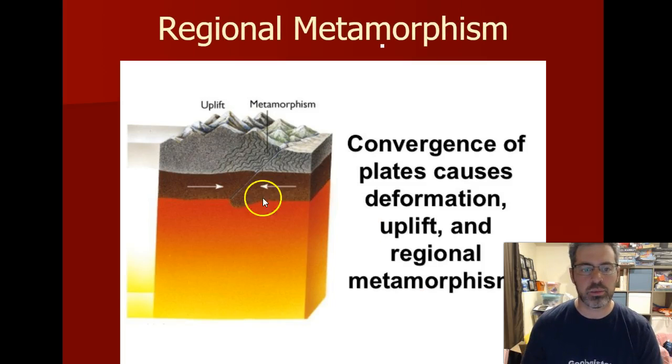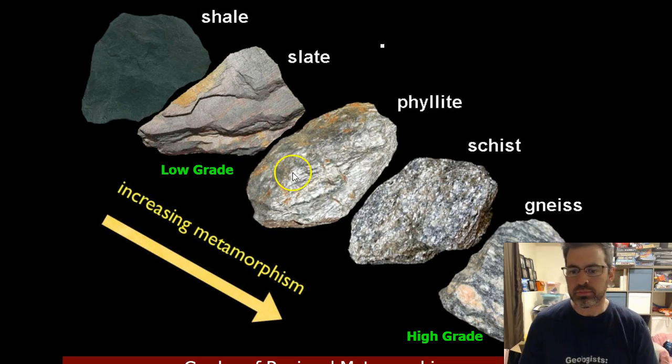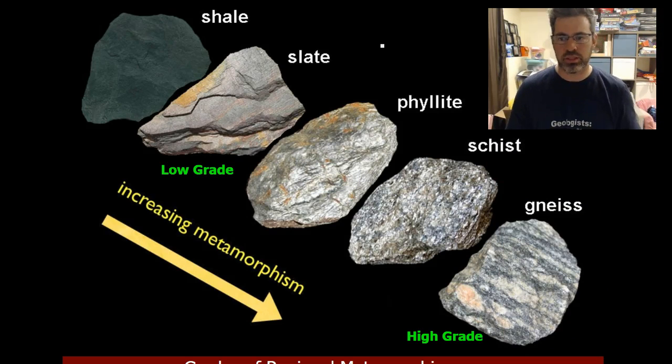Okay? Here's another block diagram to show you convergence, and this is commonly how regional metamorphic rocks are built. These areas are going to experience massive amounts of heat and pressure. What we see here, let's move my face around a little bit so hopefully you can see it better. You start to see how regional foliated rocks go from low grade and eventually to high grade metamorphic